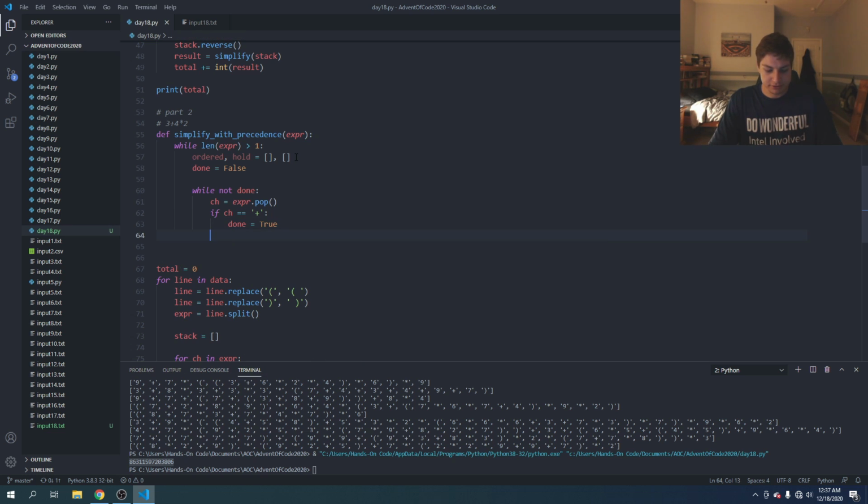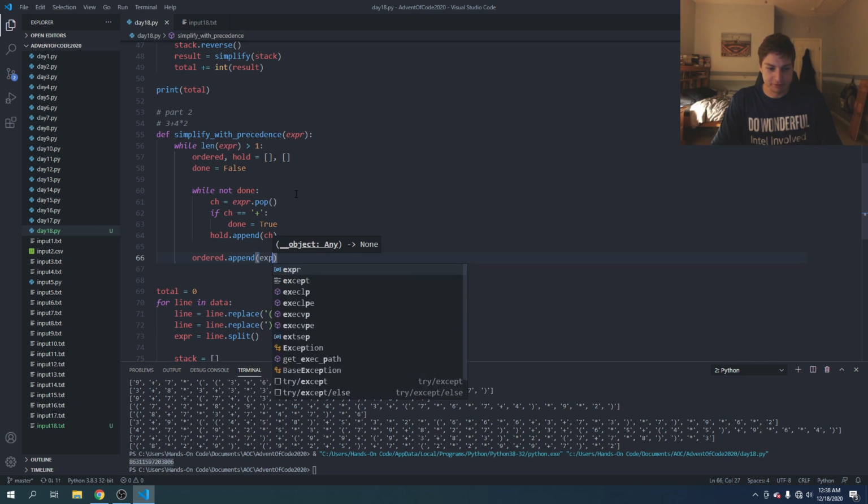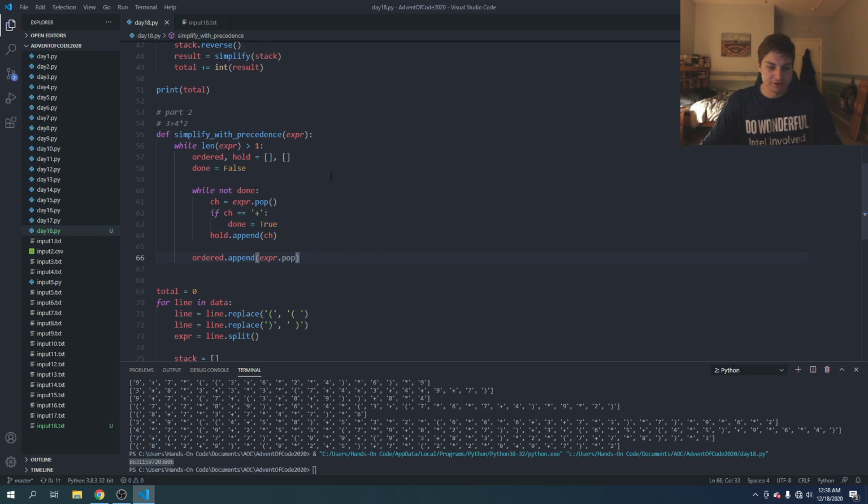And no matter what, char or hold dot append char. So now once we're done, so once we find a plus, then we are going to say ordered dot append expression dot pop. So basically what this does here is if we have this expression 2